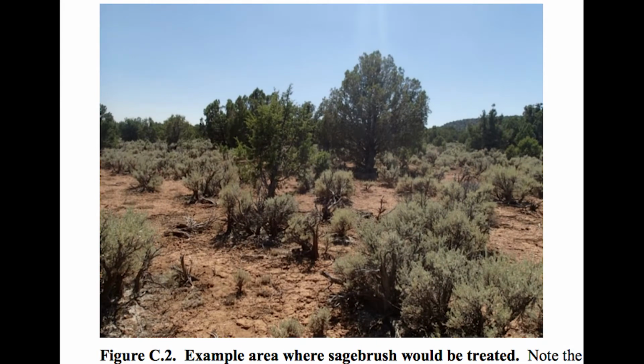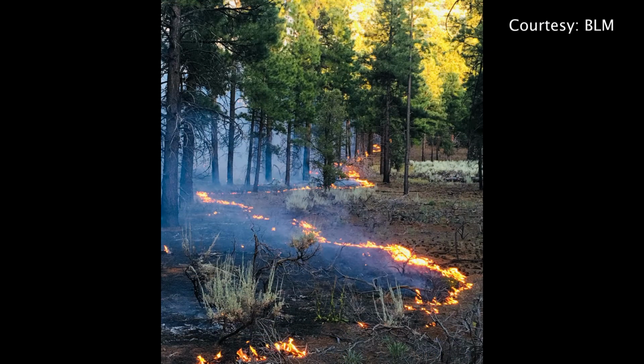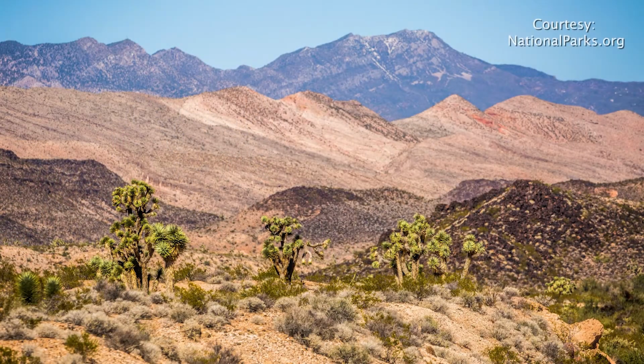An estimated 23,000 acres would be treated by prescribed burns focused on ponderosa pine and pinyon juniper. And cutting it down and then burning it. So we create what's called a low-intensity fire. It kind of creeps along the ground. And in some areas where we're going to also use prescribed fire, we'll create little piles and just burn the piles instead. The treatment and reseeding of a portion of the area is expected to improve wildlife habitat and reduce